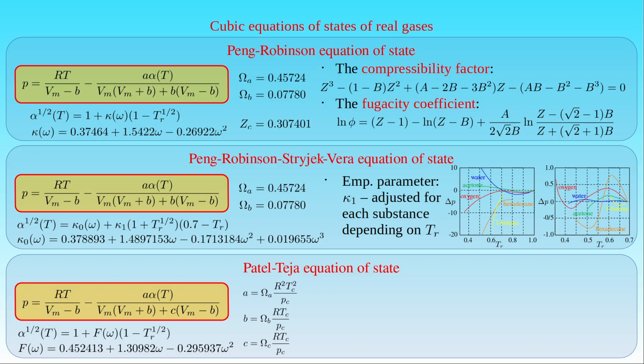In this procedure, instead of predicting a fixed value for the critical compressibility factor ZC, it is considered as a substance-specific empirical parameter denoted eta C, that can be adjusted with the error minimizing process and correlated to the acentric factor for nonpolar substances. Then the parameter eta C can also be expressed as a quadratic polynomial of omega. As a result of the error minimization, the following equations are obtained and used to determine omega A, omega B,